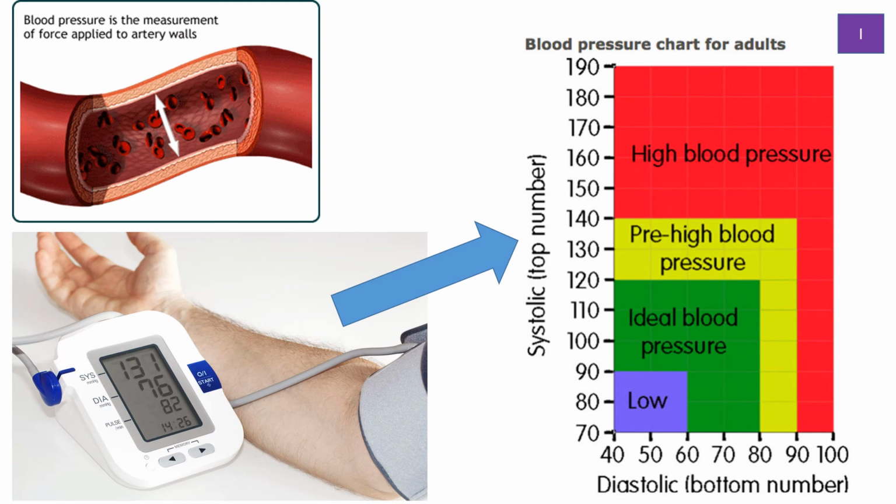As you can see on the sheet here, you can see systole, the squeezing phase, the top figure, 131 in this instance, and then you've got the next reading, which is diastole, so you can see over 76. So this is the pressure during the squeezing phase as opposed to the relaxation phase. Now obviously in the squeezing phase the blood pressure is going to be quite a bit higher, and that is the reading that we get. Now this section over here,